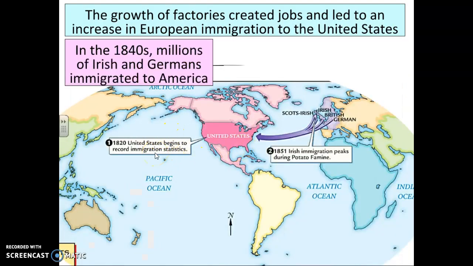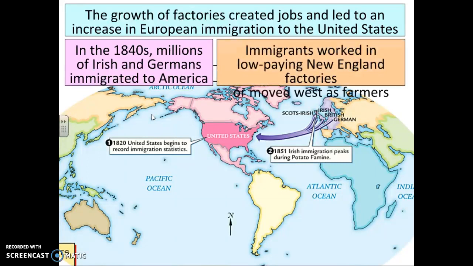With these new sets of jobs, we're seeing a ton of immigrants coming in from Ireland and Germany. Millions are going to migrate in this 1840s time period because of the desire for jobs that cannot be found in Europe, as overpopulation and starvation start happening. They're looking for a better way of life, getting out of that feudal structure of Europe, finding a way to have a better life for them and their families. And even though they are low-paying jobs in New England or in the major cities, some will move out west